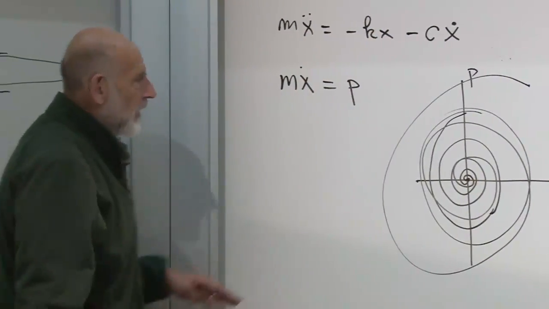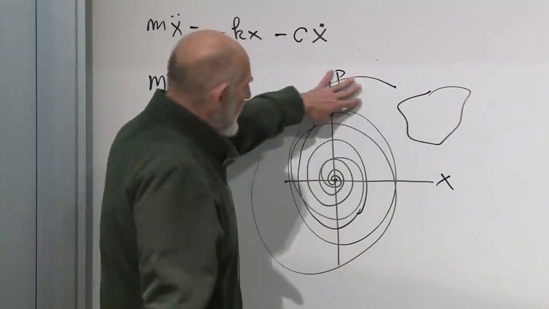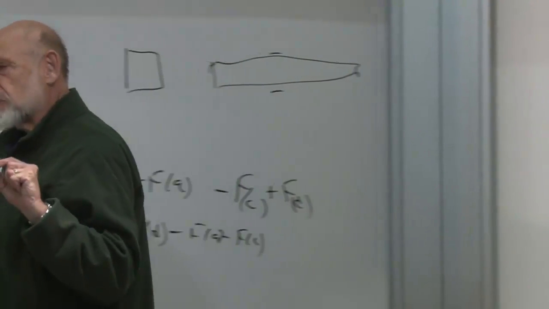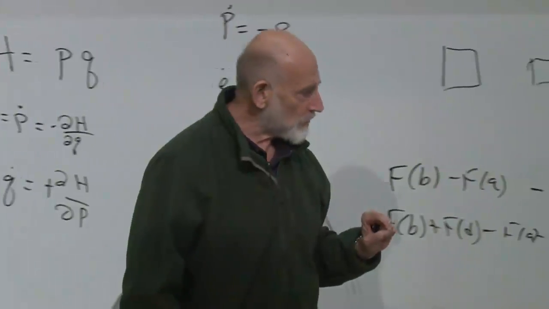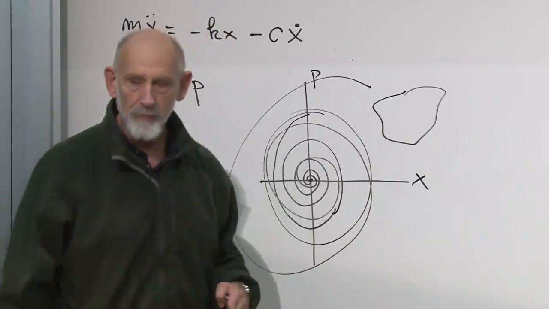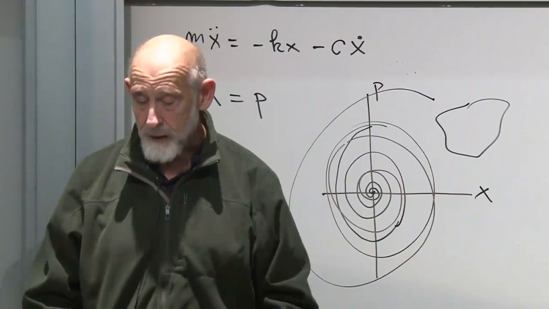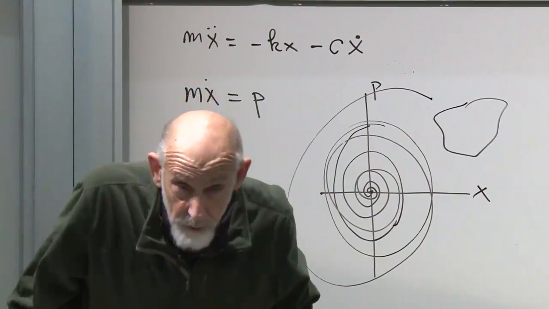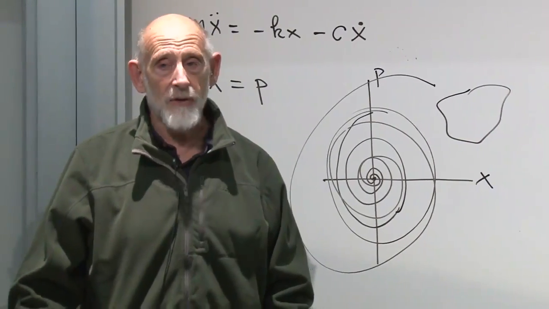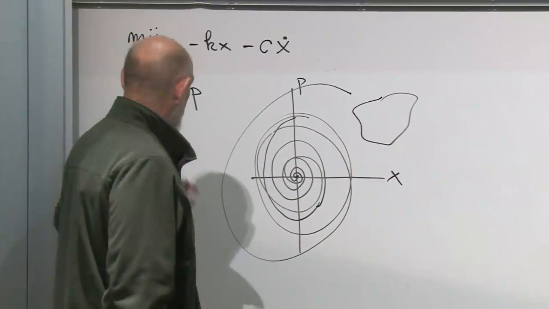After a long period of time, you could start with a patch of phase space that big, follow every point, and they all get shrunken down to a point, to a little volume very, very close to the center here. So evidently, this is a system that doesn't have a Liouville theorem, that the volume in phase space is not conserved. But let's check that by calculating the velocity field and calculating its divergence. Let's really do the calculation. Let's do it. All right.